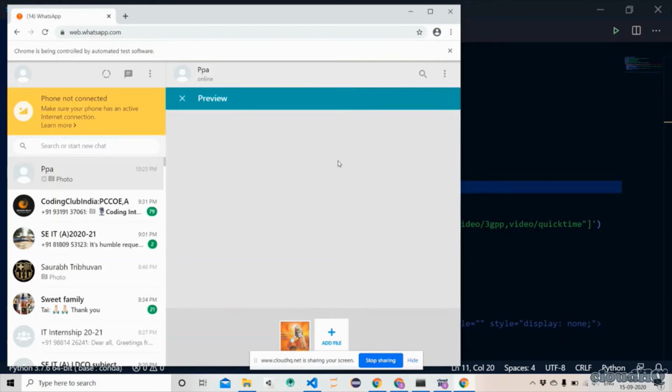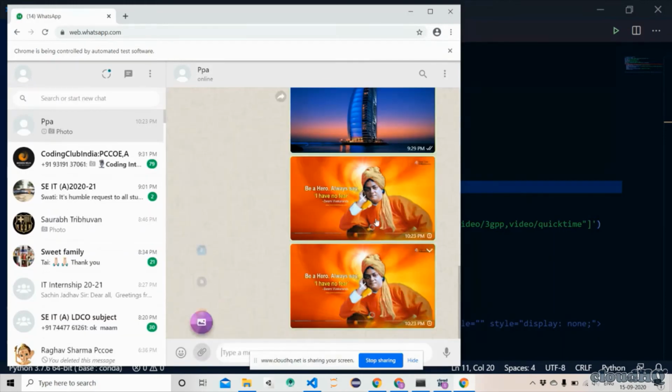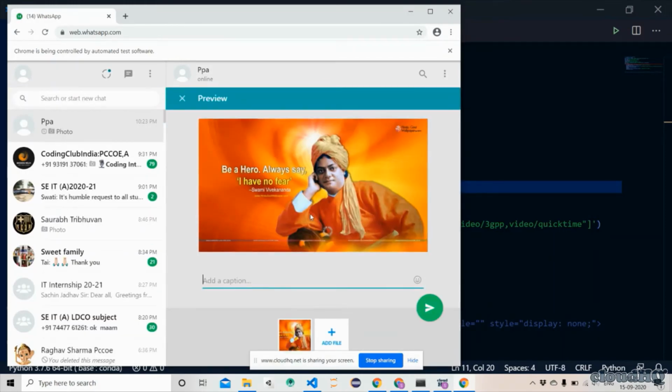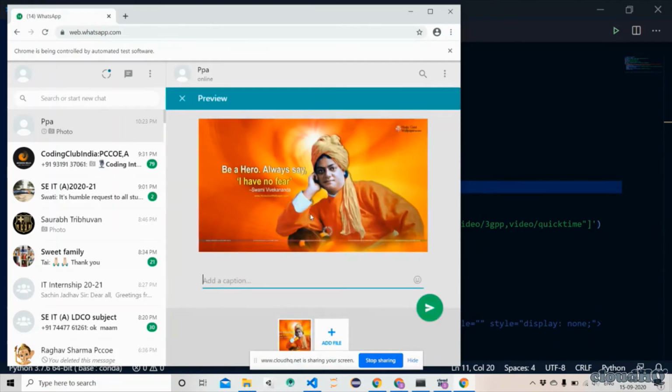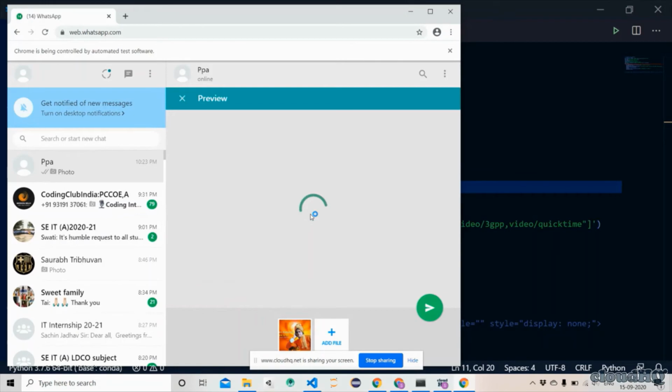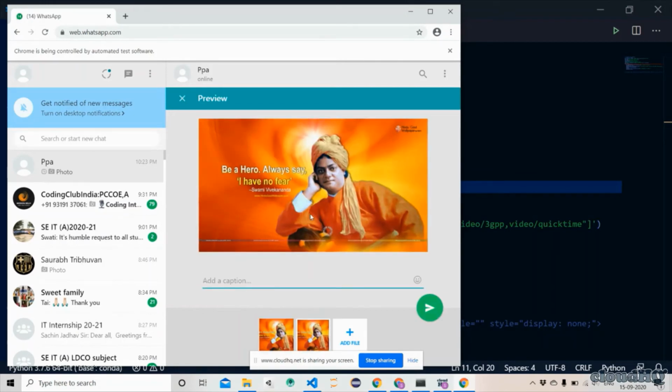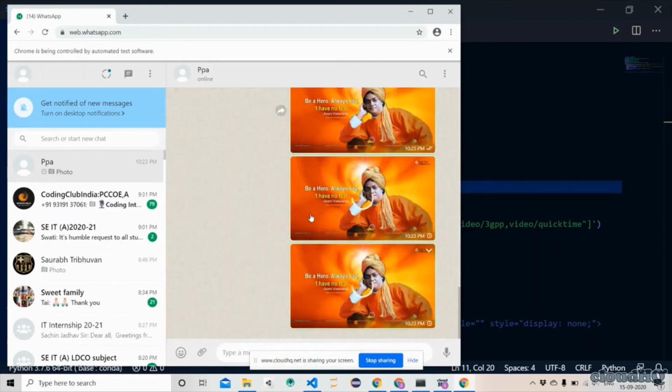And this process would repeat itself 5 times. But you can see that it's taking much time. It's okay for sending a small amount of images, but if you want to send a large amount of images, say 100 images, then we need to plan something different.